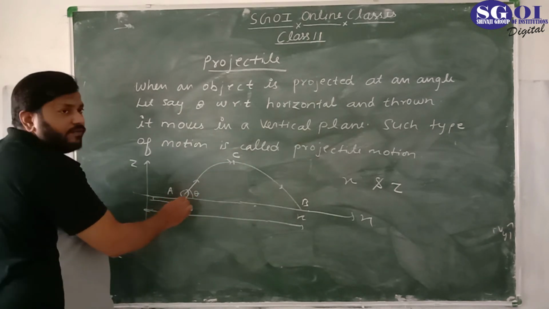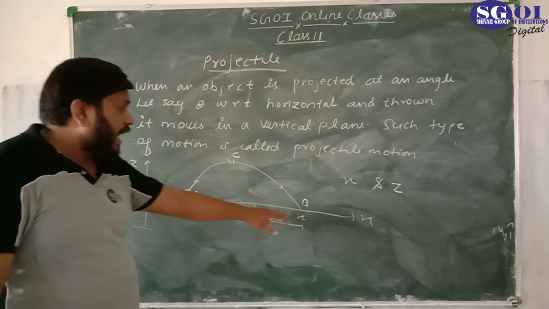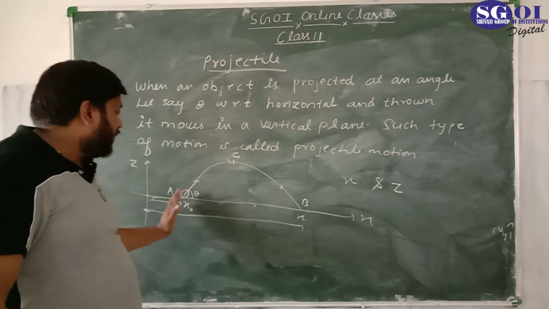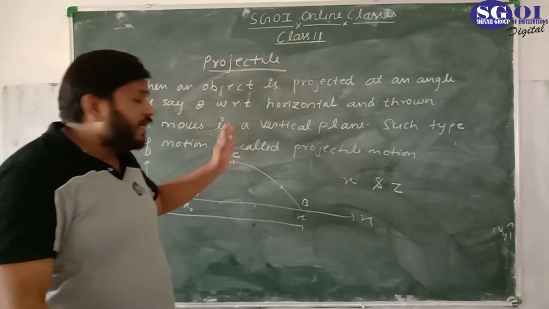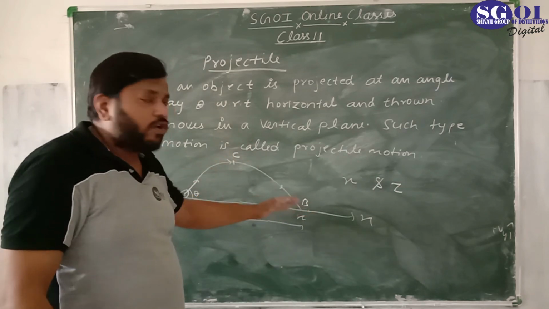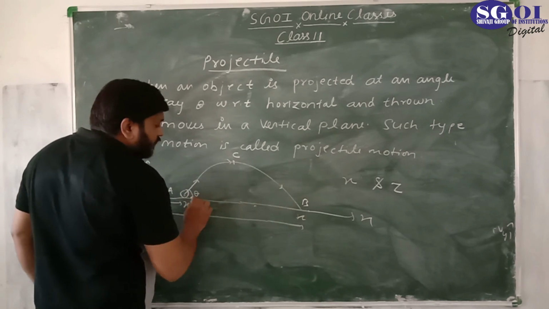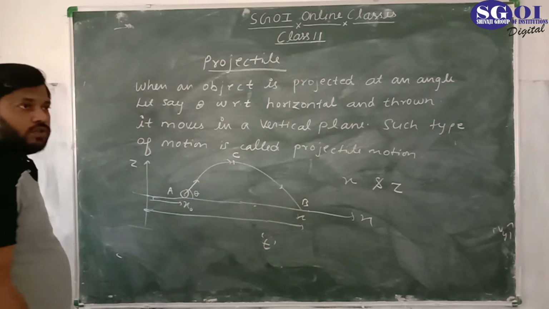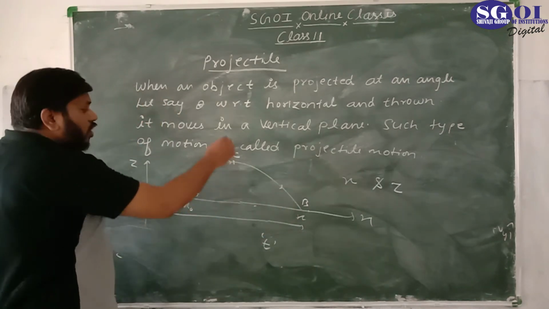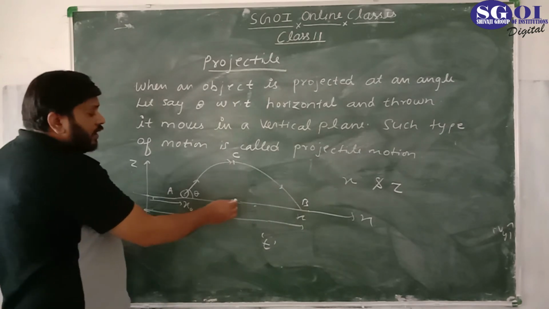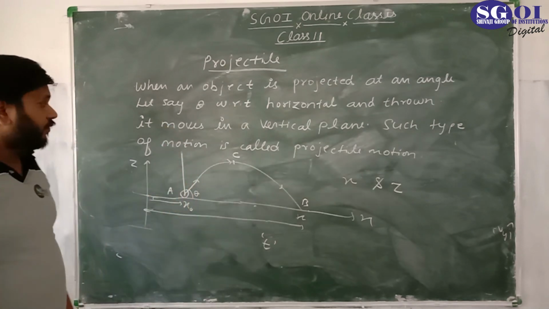So for the object to reach from here to here in the x-axis, it is moving a distance x minus x naught in one dimension. We would solve the numerical problem just like in one dimension, but independently for the x-axis and for the z-axis. So x minus x naught is the distance covered in time t. And if you talk about the z-axis, you can see that it is reaching the maximum height.